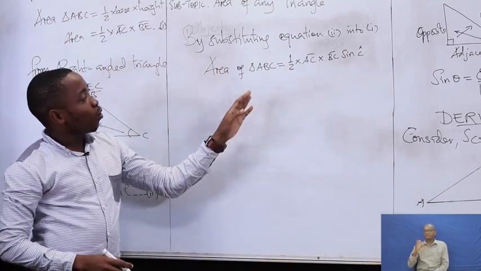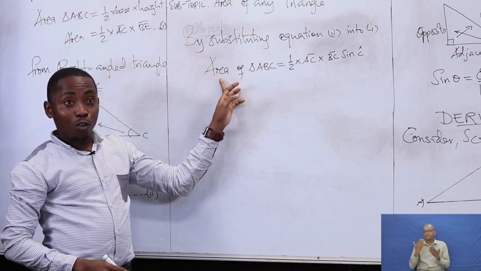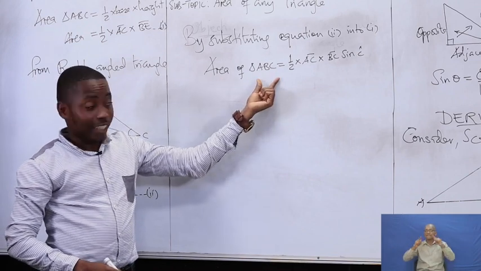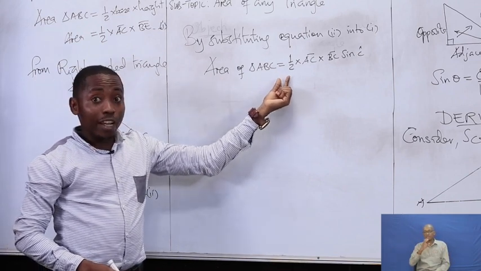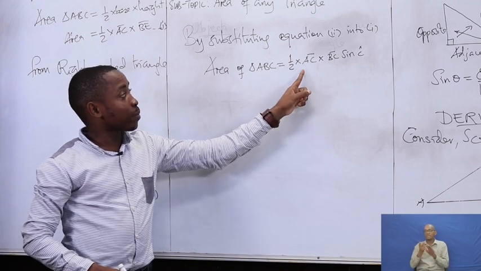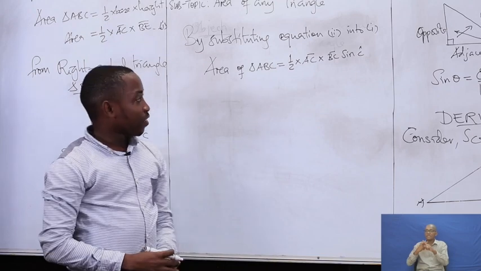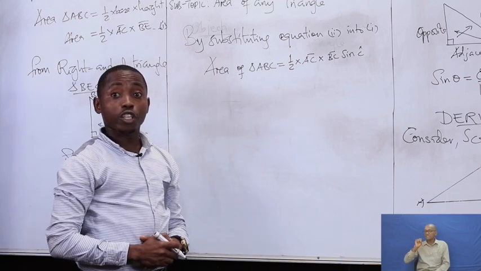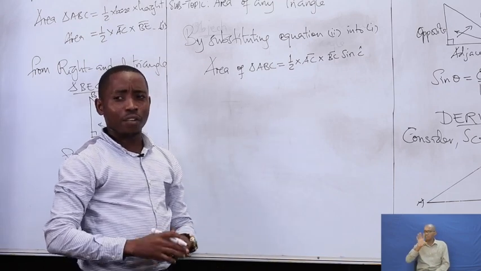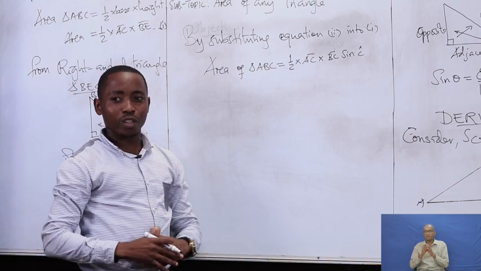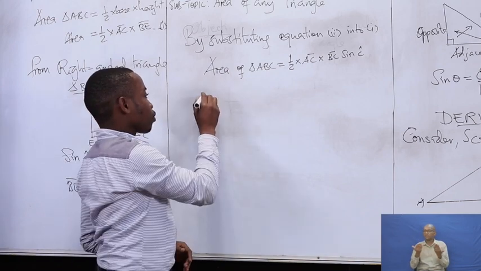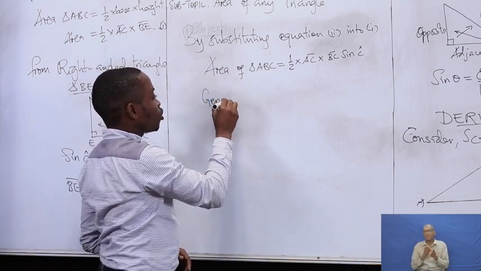So now our triangle ABC, its area is obtained by taking a half times AC times BC sine what? C. This is our general formula, but we have to generalize so as we can understand it very clearly. How can we explain it? Generally, we say this. Generally,